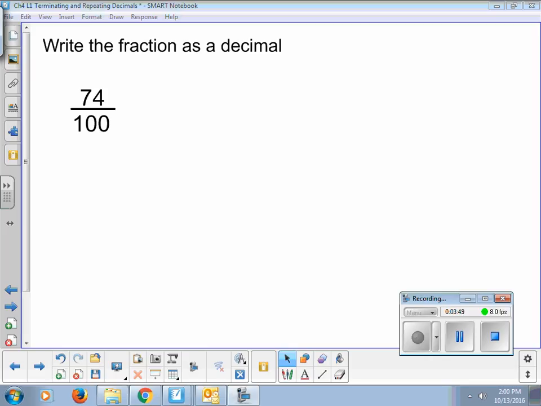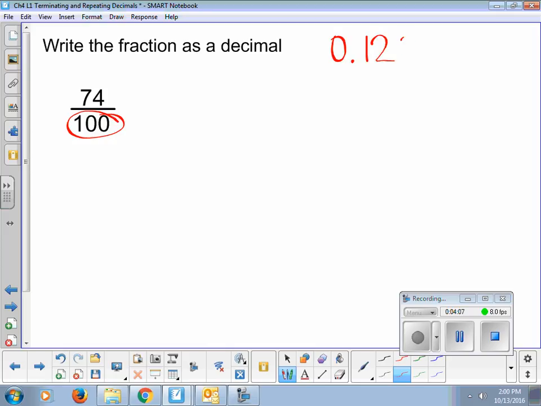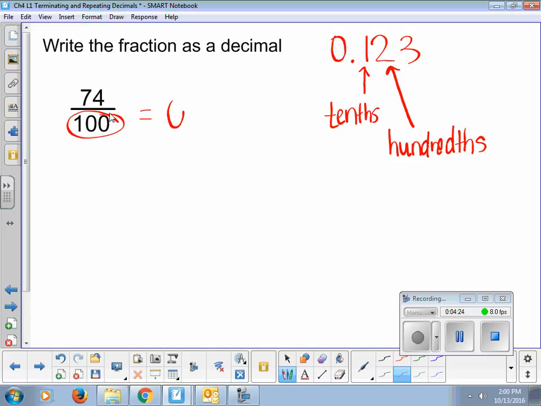Okay, so for our first example, we want to write each fraction or mixed number as a decimal. We have 74 hundredths. How would we write that as a decimal? You might know, since it's over 100, we can think of place value. If you have a number written out, 1 decimal place over is our 10th place. 2 decimal places over would be our 100th place. So if you have a fraction over 100, you can write it as